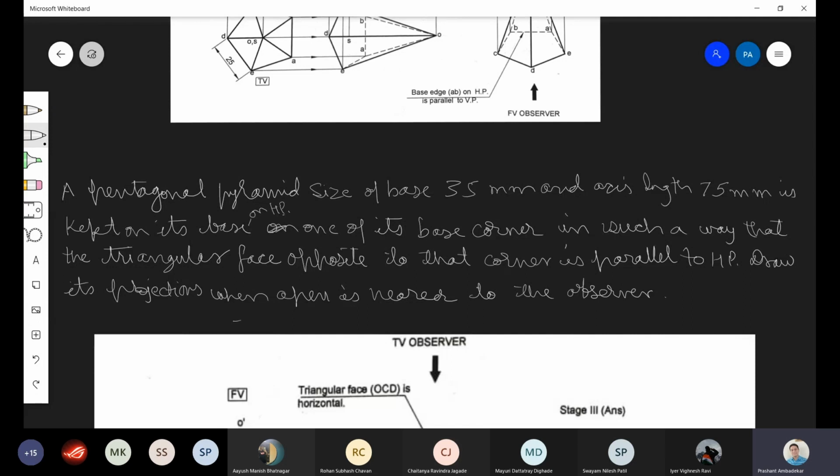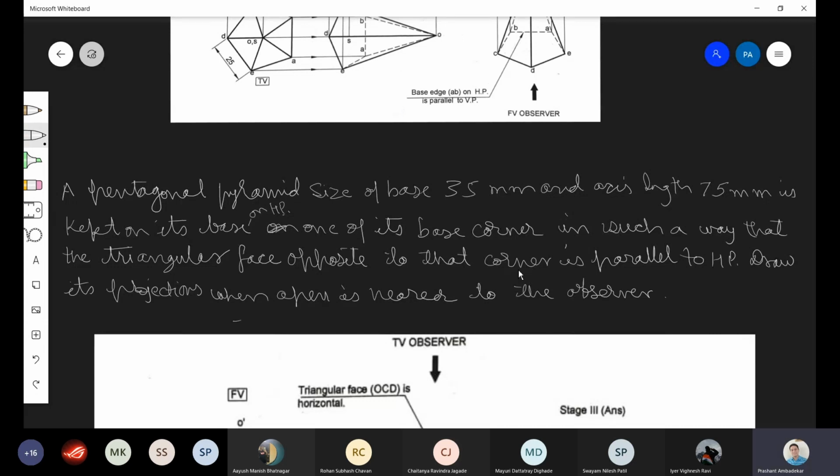Then one of its base corner. Okay, it is kept on its base on HP on one of its base corner. Triangular face opposite to that corner. Now can you understand this? बेस इमेजिन कर रहे हो सब लोग. ओके, यू आर इमेजिनिंग द बेस. बेस में एक 5 कॉर्नर्स होते हैं, ए बी सी डी ई. उसमें से कोई भी एक पॉइंट पकड़ लो तुम. You think of any one point A B C D E. उस पॉइंट को,